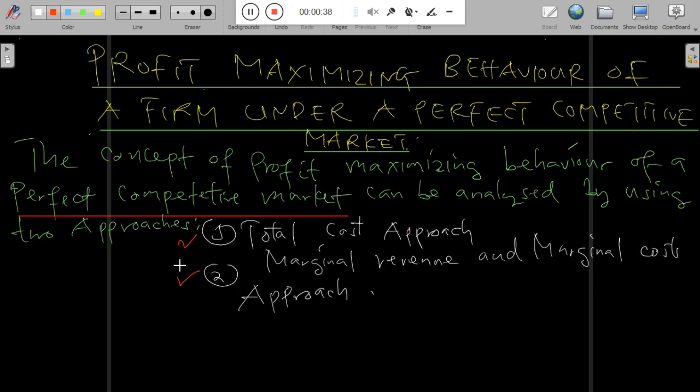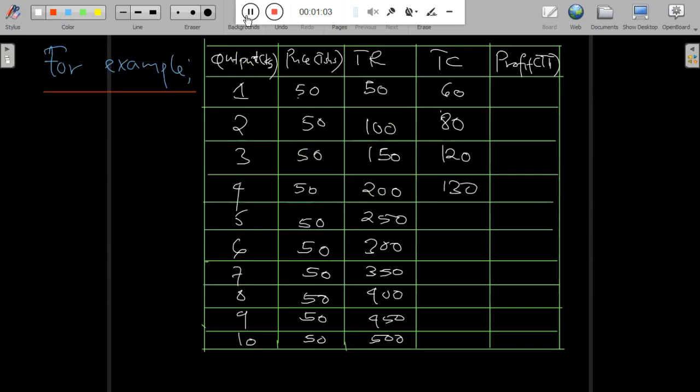Profit maximizing behavior for a firm under a perfectly competitive market. The concept of profit maximizing behavior of a firm in a perfectly competitive market can be analyzed using two approaches. The first is the total cost approach, and the second is the marginal revenue and marginal cost approach. Under the total cost approach, a firm maximizes profits at the level